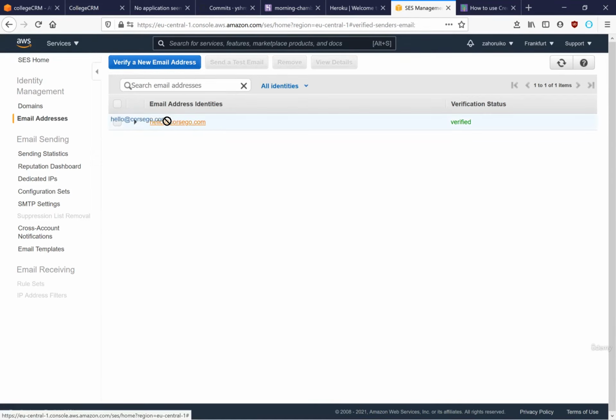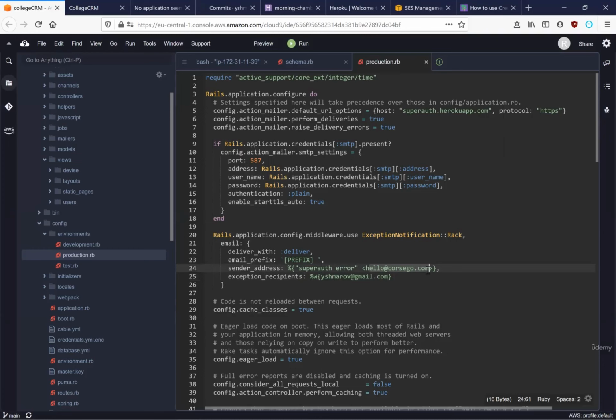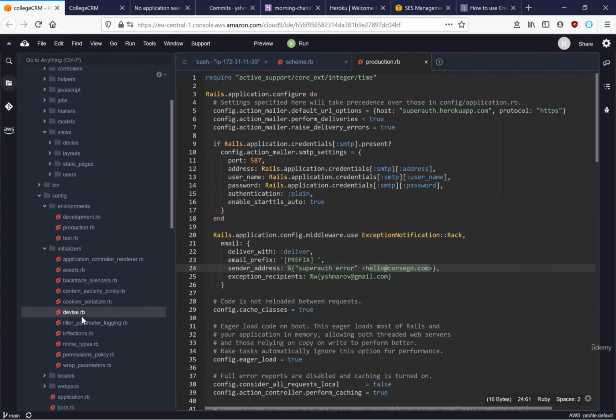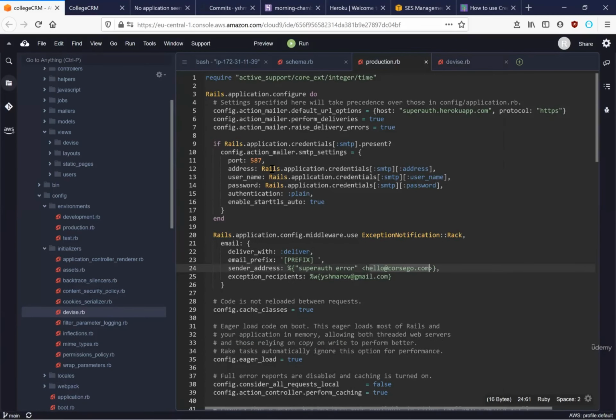And then you add this email address that you verify in your production.rb, in the sender address, and also in initializers, devise.rb. Here you also add your verified email address. After this, here in these credentials, you can either edit the credentials file if you know how to use Ruby on Rails credentials,